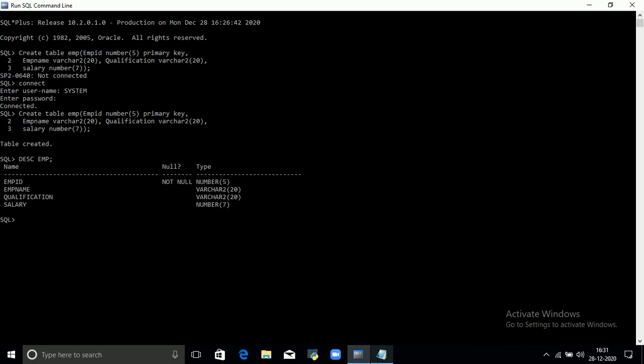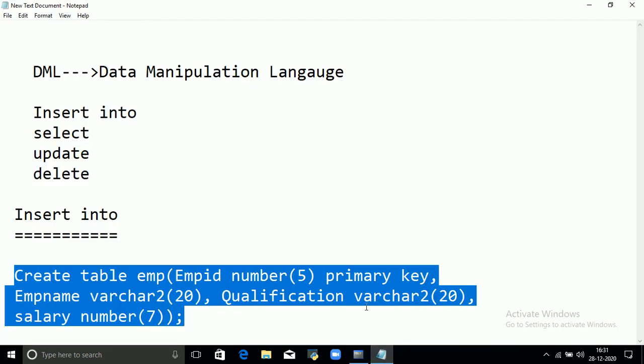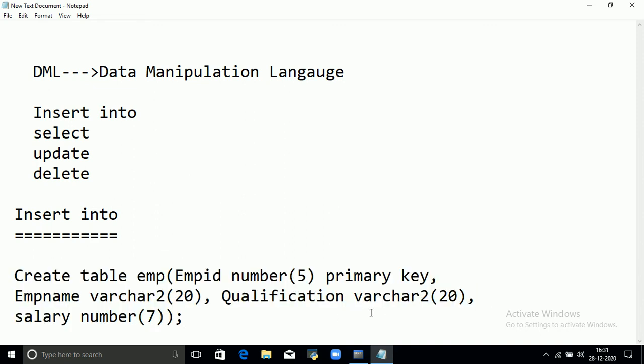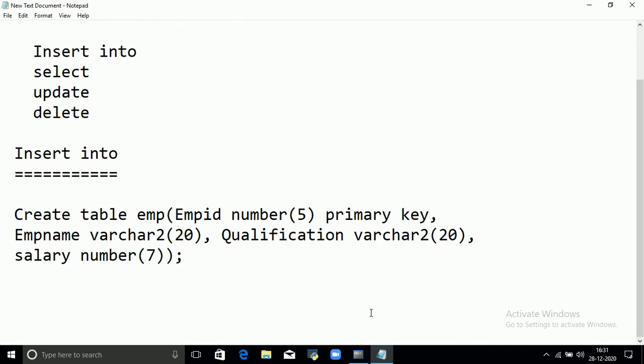Now we have to insert the rows into the employee table. How can I insert the rows into the table? By using insert into command.